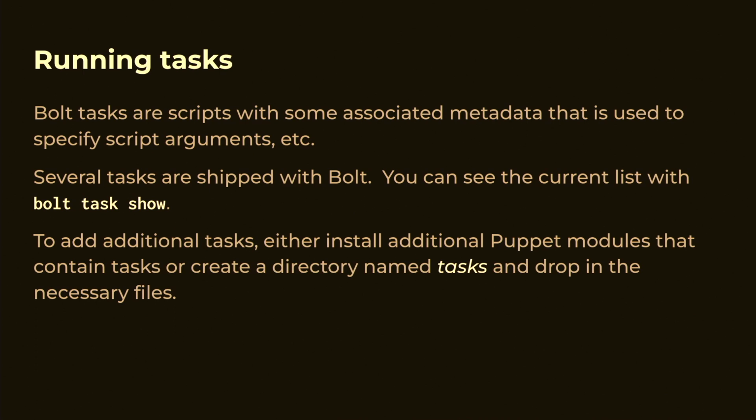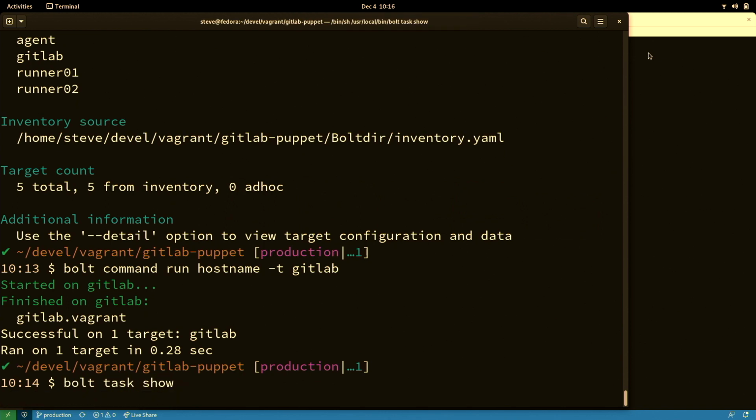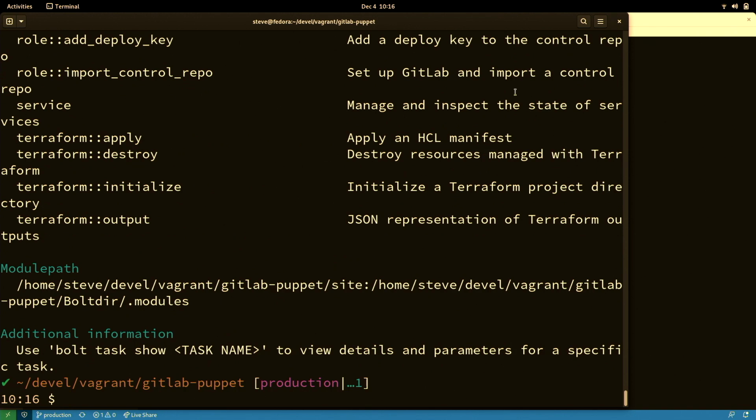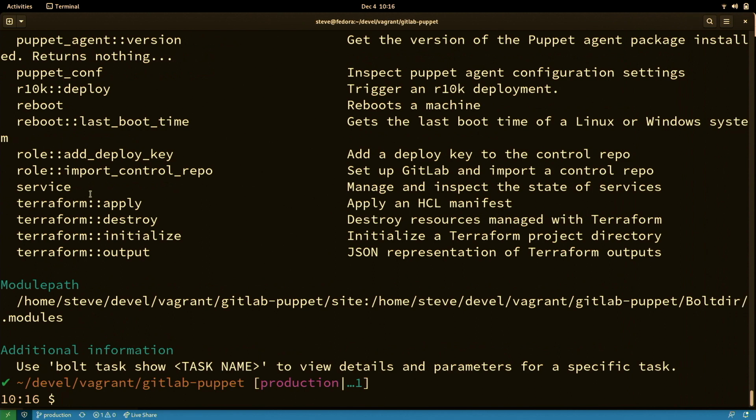I can show you an example of some tasks as we go along later. I'll go into some code. But there's actually a bunch of tasks that are shipped with Bolt, and you can run Bolt task show to see those. I actually will show you that real quick. So if we do Bolt task show, what we will see, let me make this a little wider, is there's a